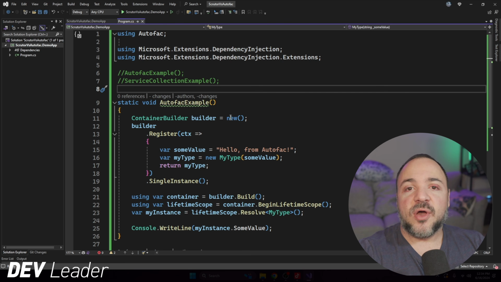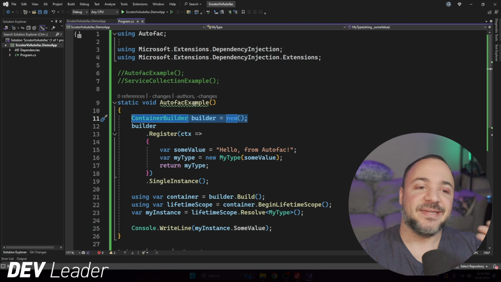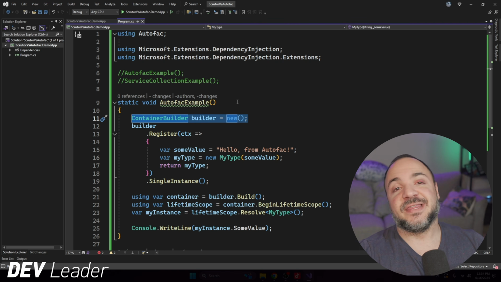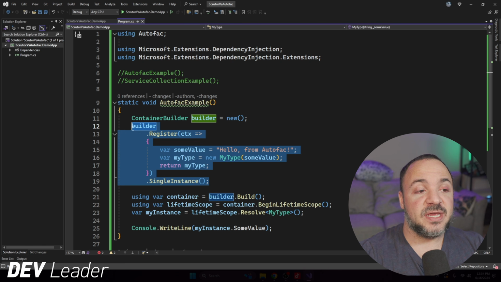Alright, so this example code is very simple. We're going to start off with the Autofac pattern here for creating a container builder. This is going to be the thing that allows us to create our registrations. And then I have a registration here that is a little bit more complicated than we might see in the